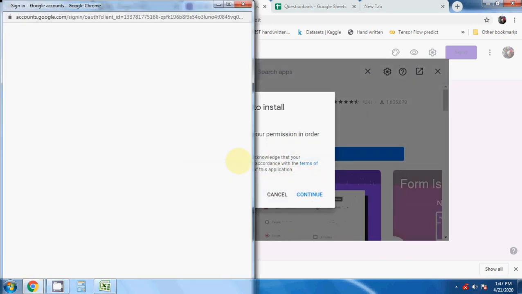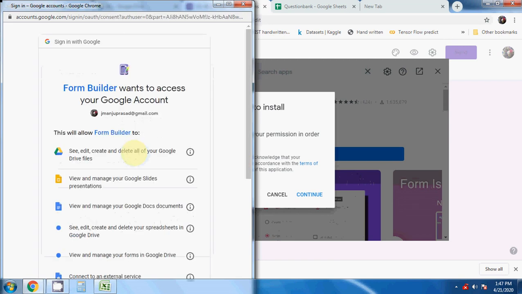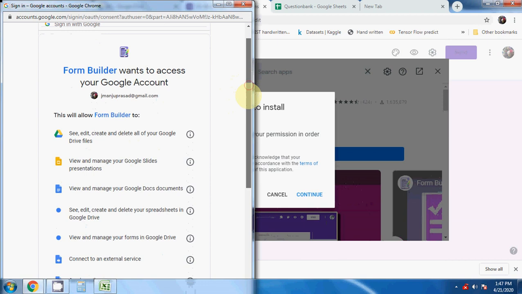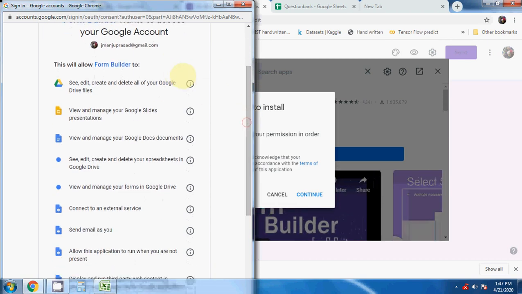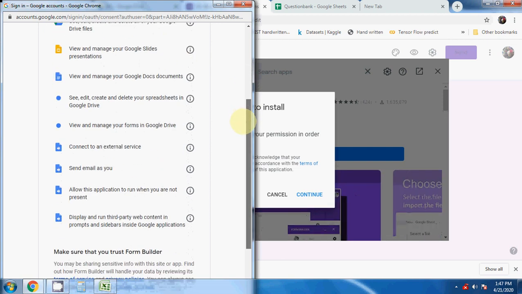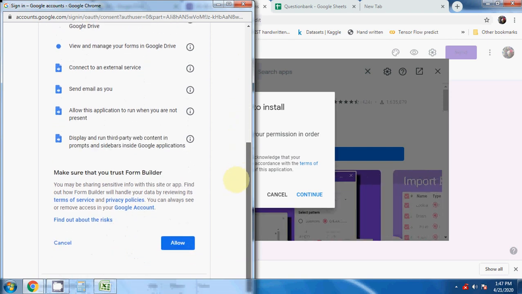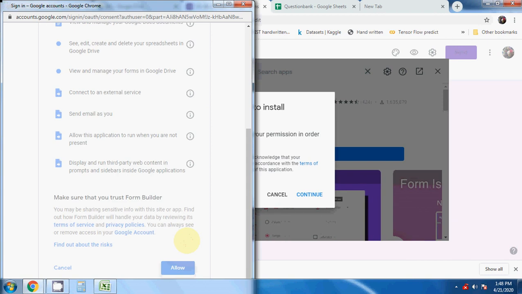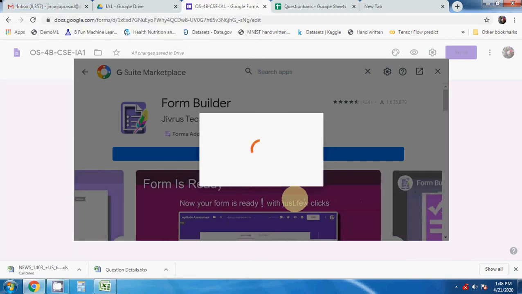It will ask for permission, that is to access, choose an account, see, edit, create, delete all your Google Drive files. It is asking some permissions. Later you can disable these permissions. So we can just click on allow.